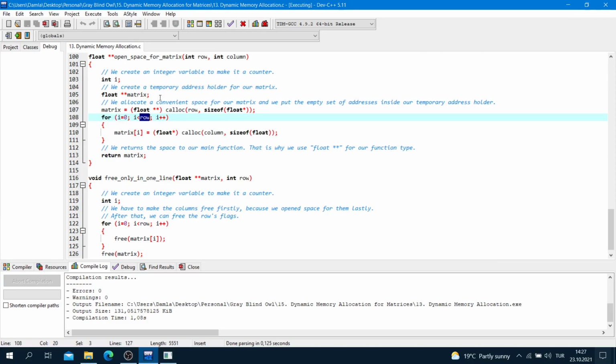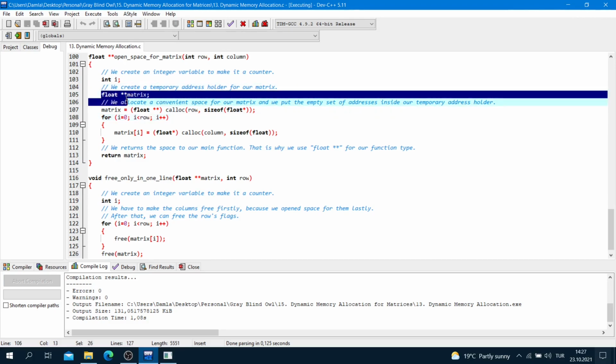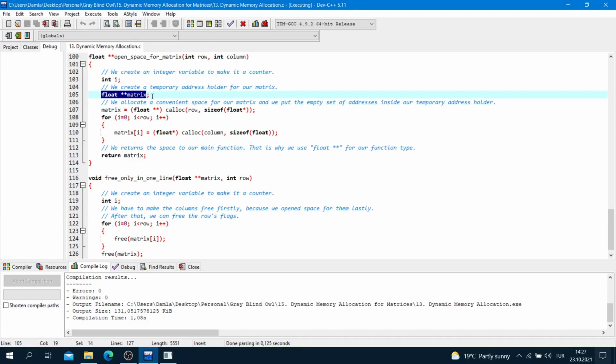So we create a temporary address holder for our matrix here, float pointer matrix. This is temporary. And we allocate a convenient space for our matrix and we put the empty set of addresses inside our temporary address holder.